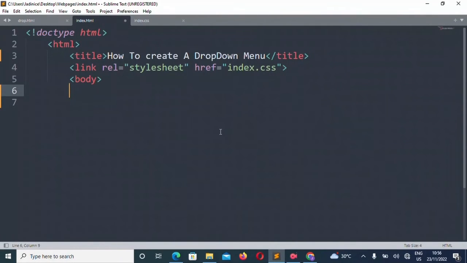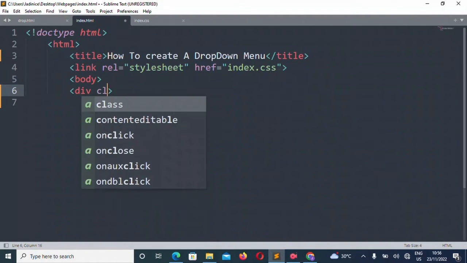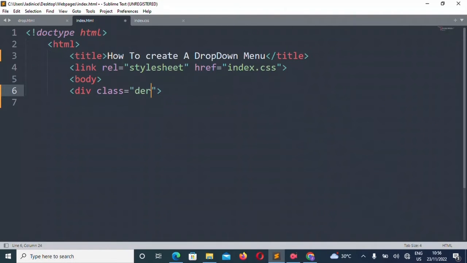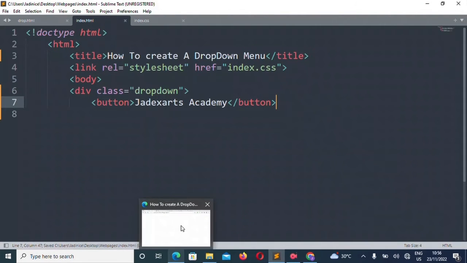So the first thing is that we're going to create a div class, and then the button, and then our link, the href. And then we refresh it in our browser.